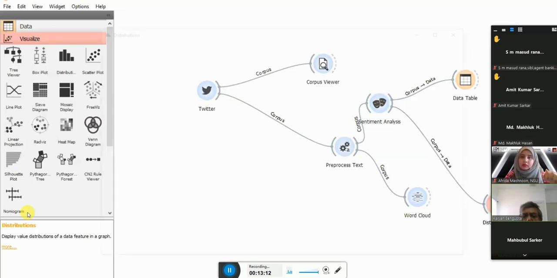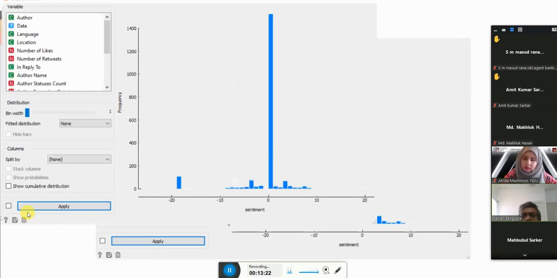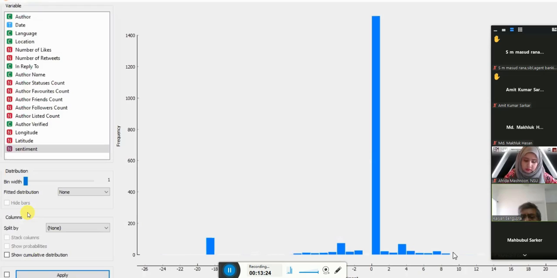So if I see the distribution of the sentiments, what you can see from here is that I can always take this up and see that mostly these people are very much neutral.